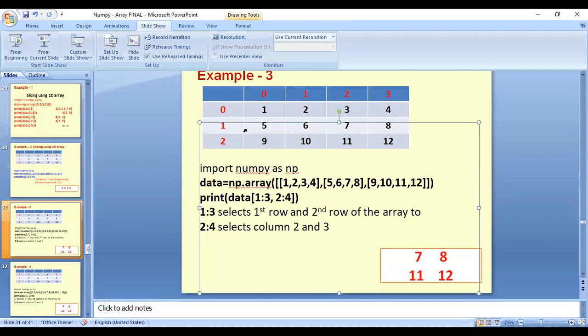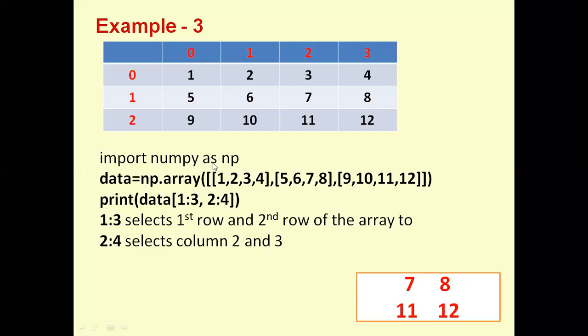So here, this is also import numpy as np, data = np.array. This is a 1 array, 2, 3. There are 3 columns and 4 columns, and 3 rows. So print data. This is also the same as the previous one.